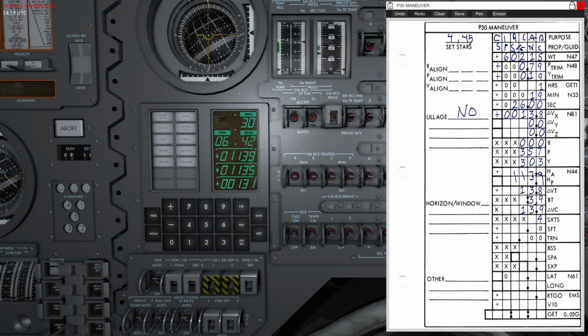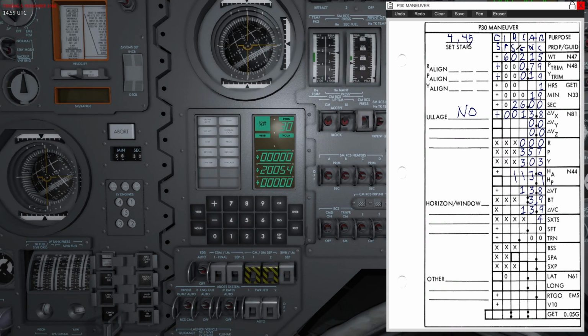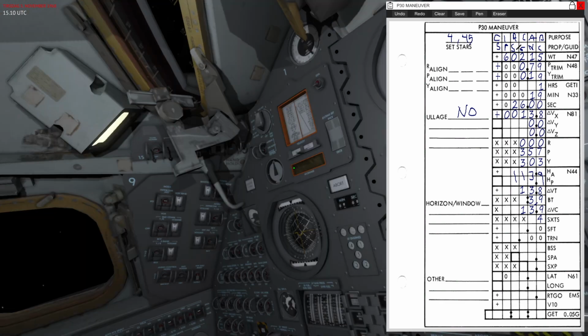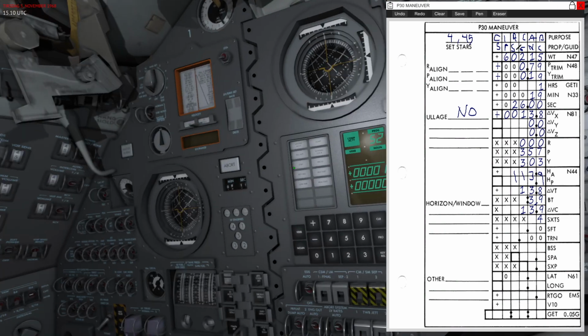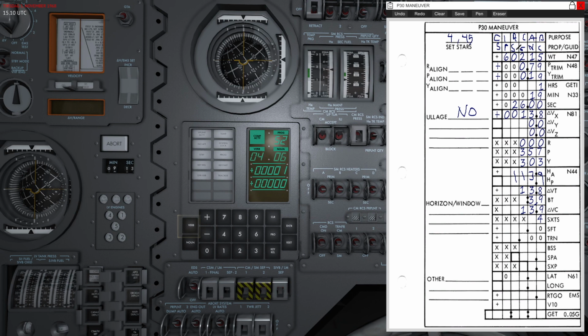Then you can see that it will eventually end up in a quite circular orbit by performing this burn. So what I'm going to do now is just hit Pro, and it will show the countdown. I'm going to quickly perform these procedures here, and I'll timescale until about 10 minutes before, and I'll align the IMU, just verify that we're in inertial, and then I'm going to run program 52